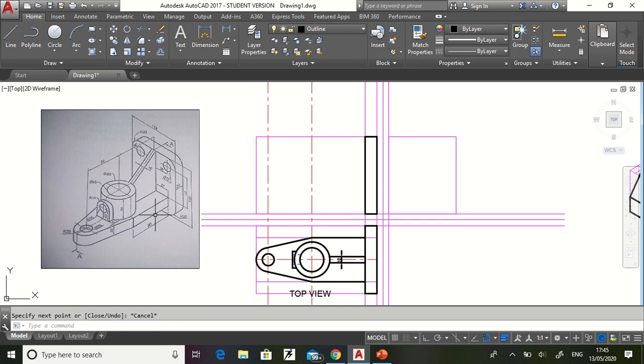Then you see that from the top it is 130 and from this center point it is 70 and this is 90 from here, and the total distance is 70 plus this outside radius of 20, so 90. So 130 minus 90 will be this distance. So we will go ahead with this.